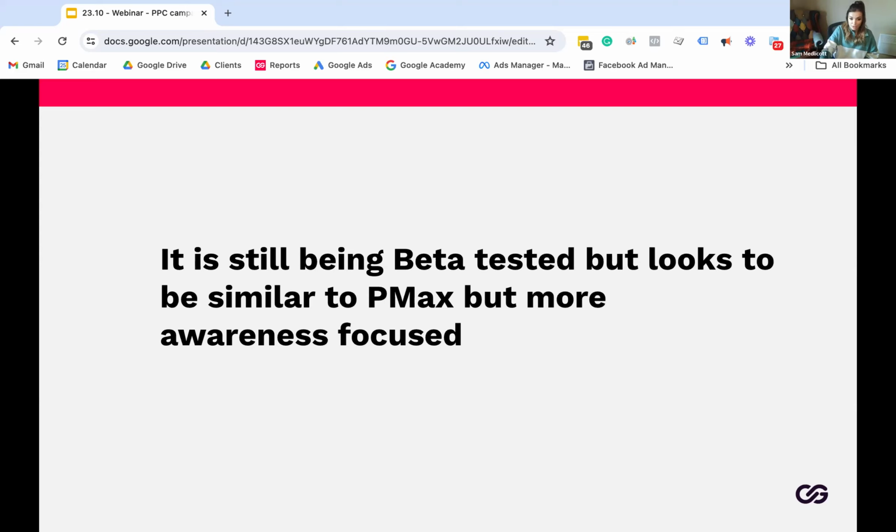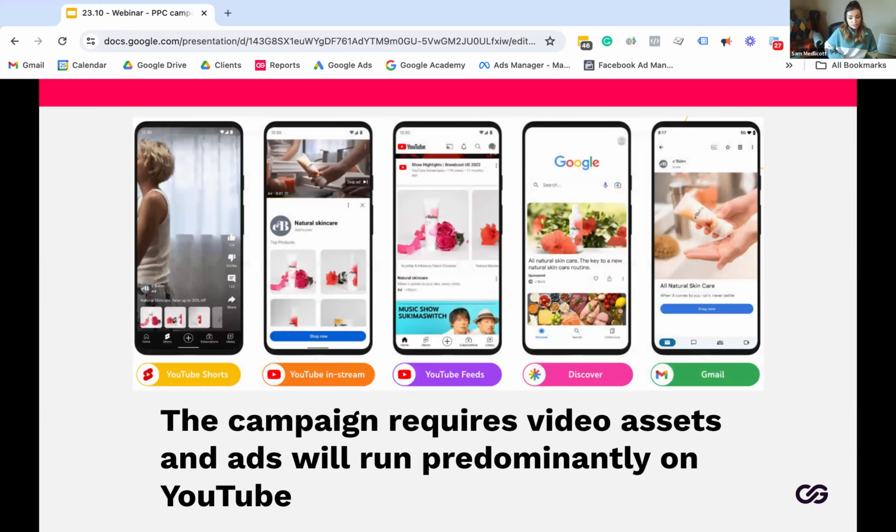It looks very similar the way you set it up to Performance Max. However, it's more awareness focused. So it's less conversion, it's more increasing the reach. And they do this by predominantly running your ads on YouTube. So you've got your YouTube Shorts, your in-stream, your feeds. It does include Discovery and Gmail, but because it is more YouTube focused, you then need to have high quality